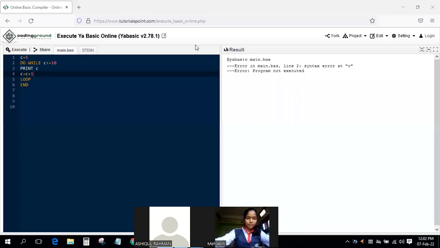And next is the do until loop. Okay. So the syntax is do until condition, statements, loop. Example: suppose you want to display up to 11 or 12, then you can simply write CLS, C equal to 1, do until C equal to 11. And here I will write